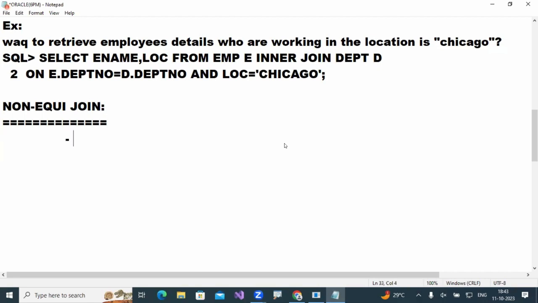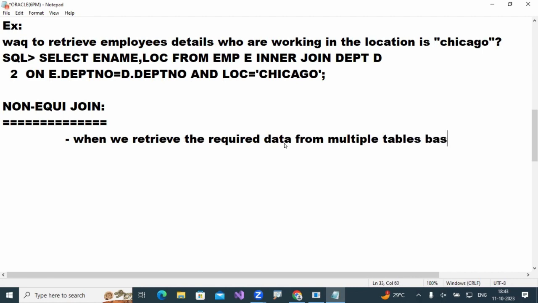When we retrieve the required data from multiple tables based on any condition except an equal operator,